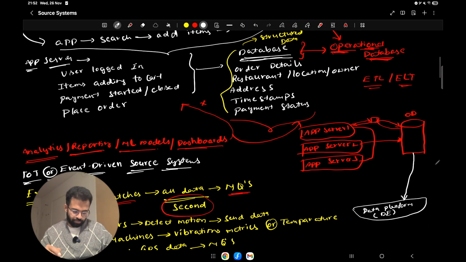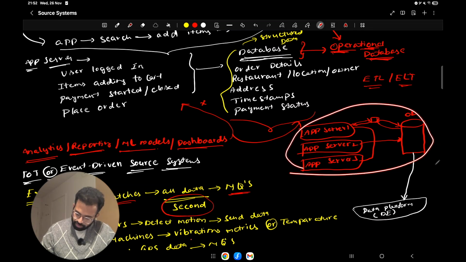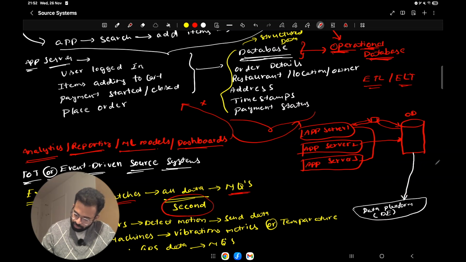And one more most important point you need to understand is the difference between the two most common patterns. In pattern one, which is the application server and database pattern, you are connecting to the operational data source, the operational database or data store, which is normally your source of truth, and then you are fetching the data, or they are pushing the data towards you.